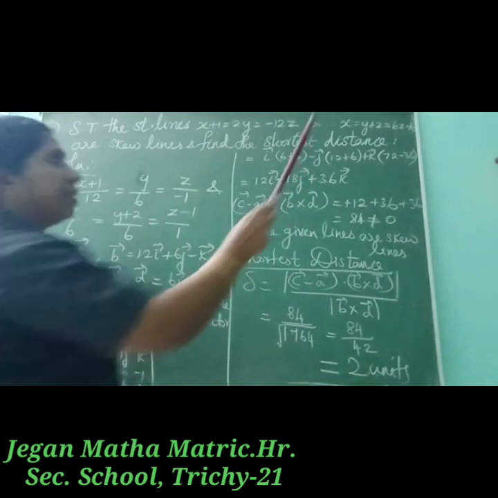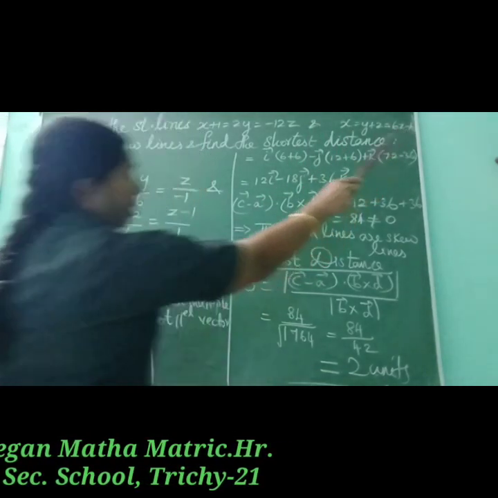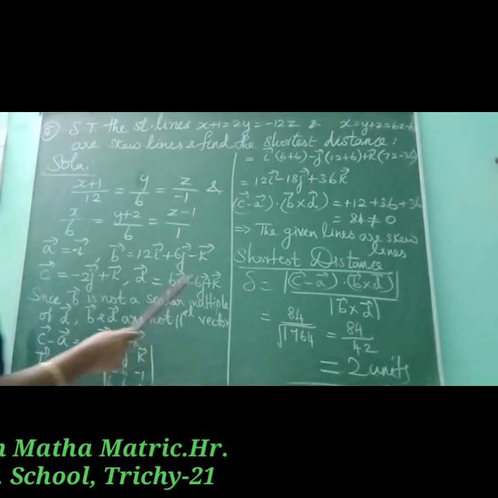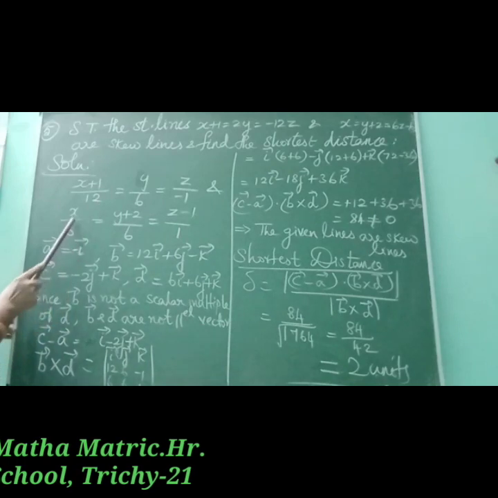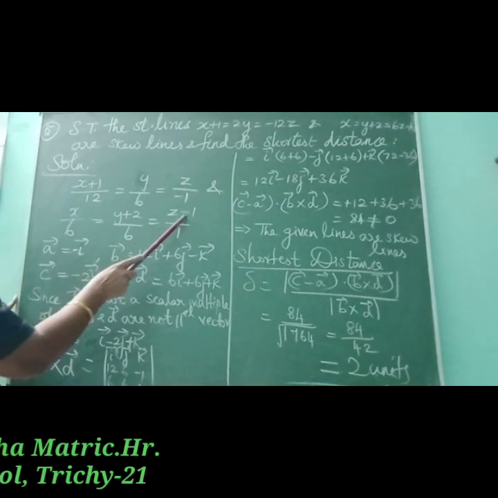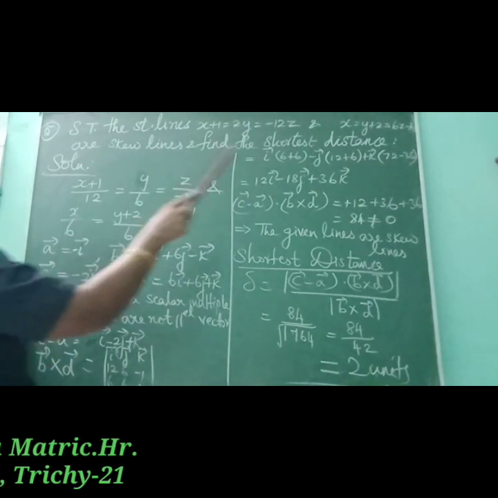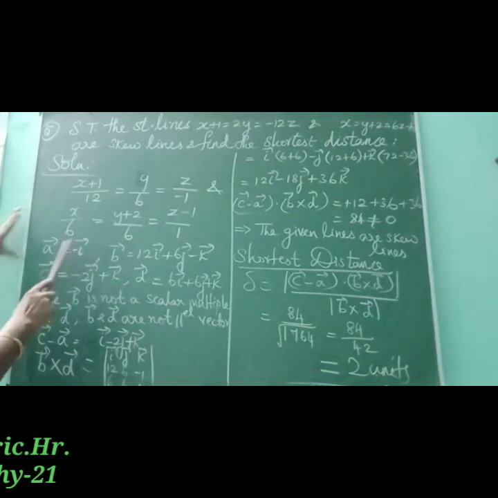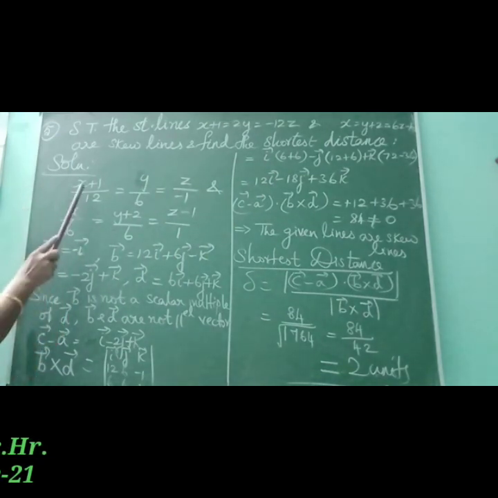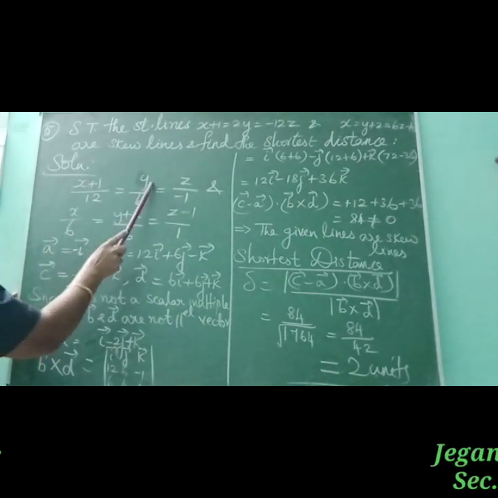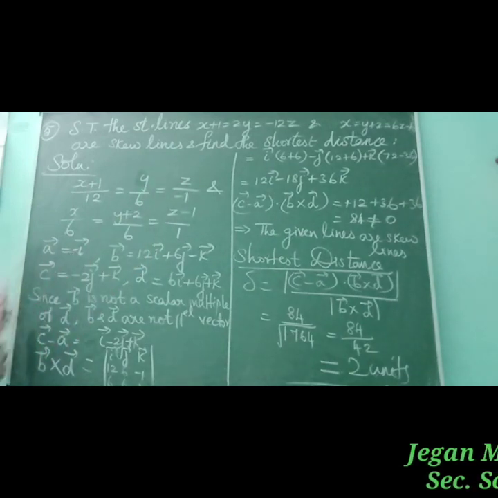In the same way we have to rearrange the second equation. Here in the last one, 6z minus 6, 6 is common. So if you take 6 outside and divide throughout by 6, we get x by 6 is equal to (y plus 2) divided by 6 which is equal to (z minus 1) divided by 1, since 6 cancels and we will get 1. So we rearranged the given equation in this form. From this we can write the vectors a, b, c, d. A vector is equal to x minus x1, so the point is minus 1, so minus i. Here there is no y1 or z1, so only minus i is there.